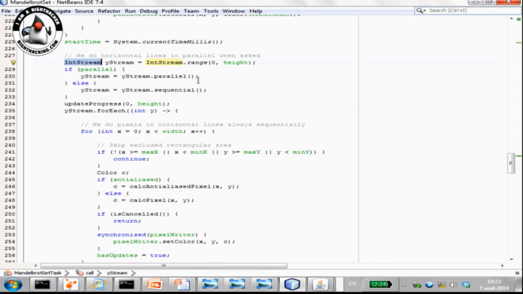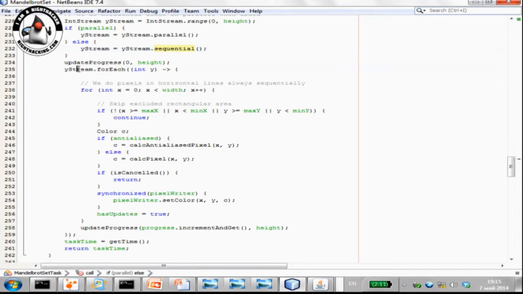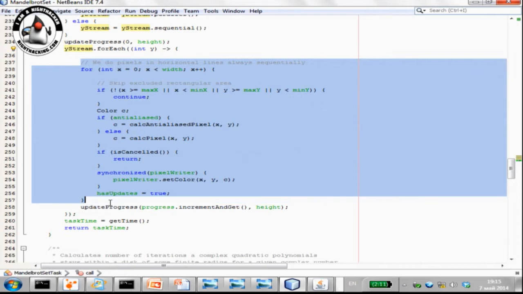So the code starts here. We divide the range from 0 to height. We get an int stream, which is representing all the values from 0 to height. And then if we are in parallel mode, we execute parallel execution. Otherwise, we execute in sequential mode. And then for each value from the Y stream, we divide by rows.